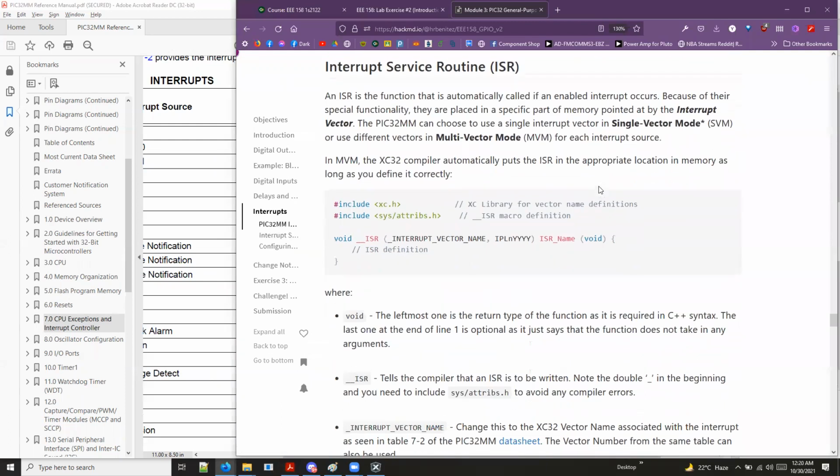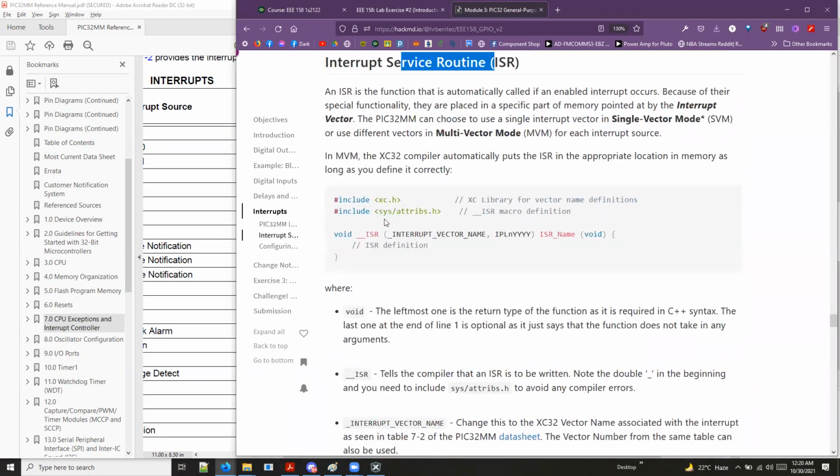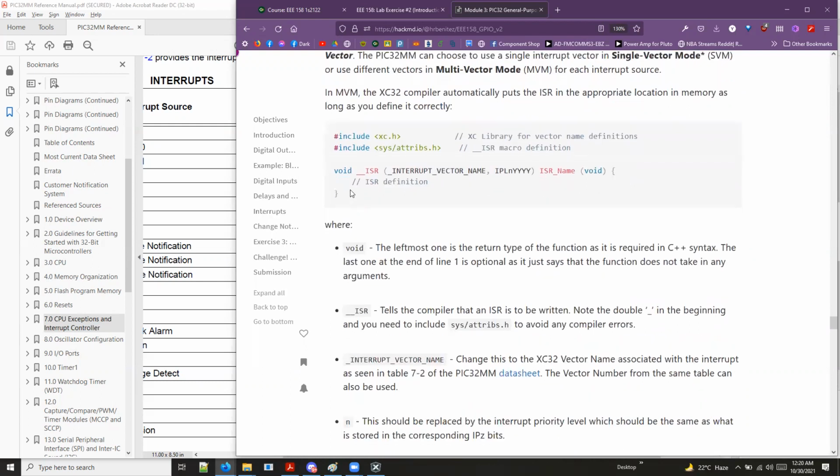So going back, paano tayo magde-define ng ating service routine? Ganito lang. Kailangan nyo muna first i-include itong library na to. Dito naka-define yung macro para sa ISR. So to start, ang ating C function, kailangan natin i-declare yung data type na i-return niya. ISR, wala siyang nire-return na value, so it's a void type function. And then, magsa-start tayo with a __ISR to